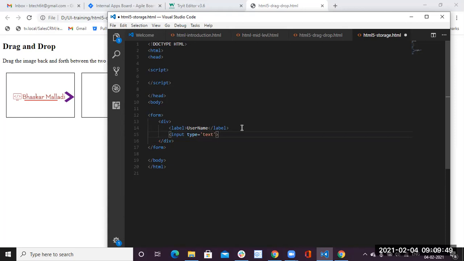Now we'll give the ID username. The label's for attribute is username here, the same thing. Whatever ID we have given for that input text box, we give the same here. Okay, username is given, next password.